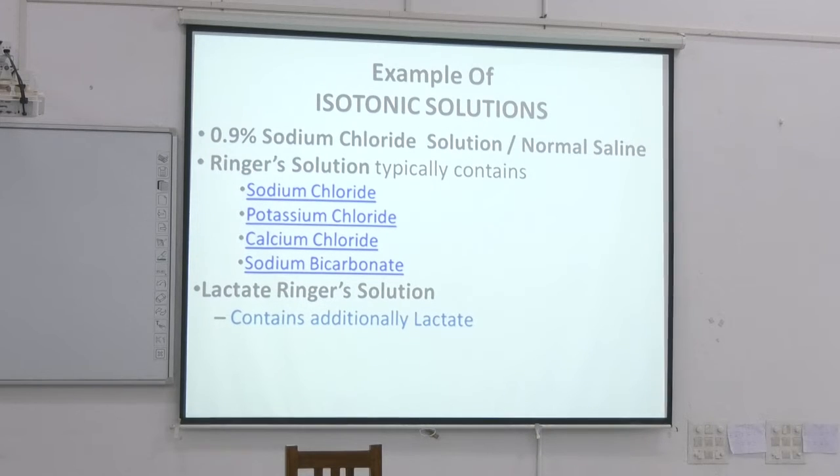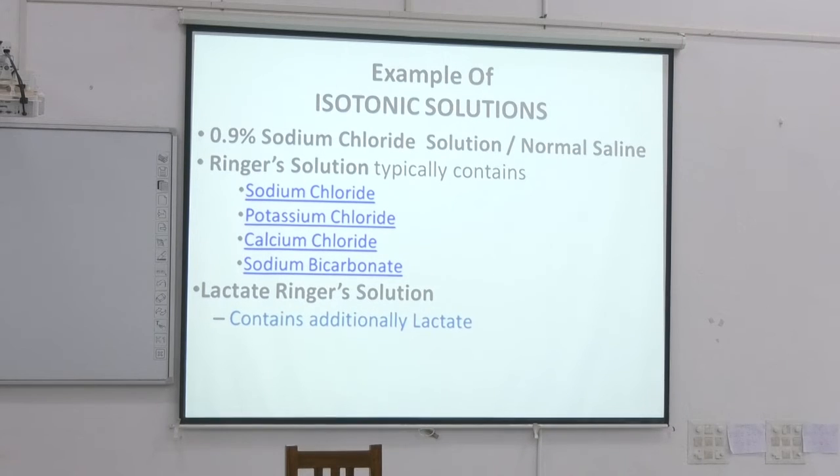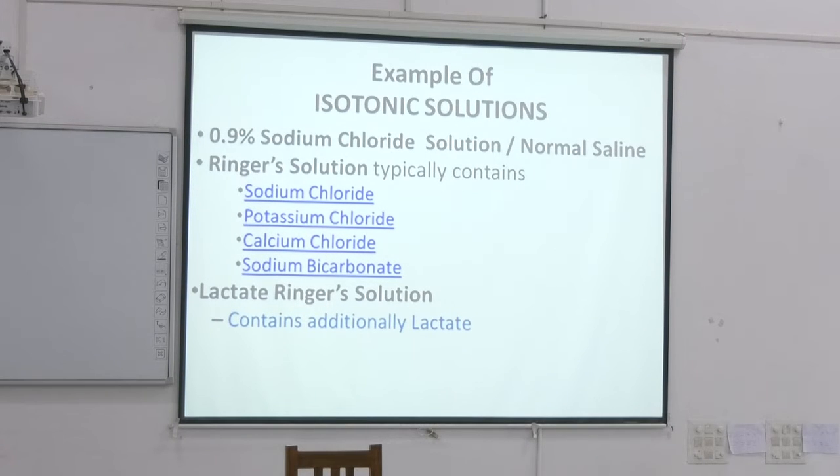Ringer lactate, 0.9% normal saline in the IPD. Yes, when the patient comes in a highly severe state, we provide all these solutions intravenously, in the form of IV fluid,